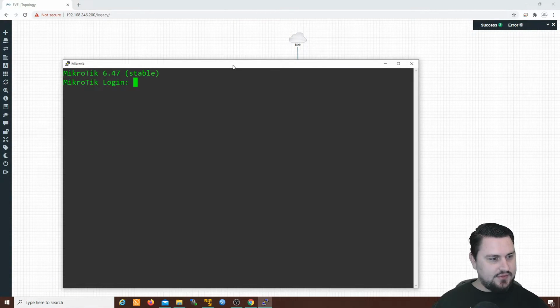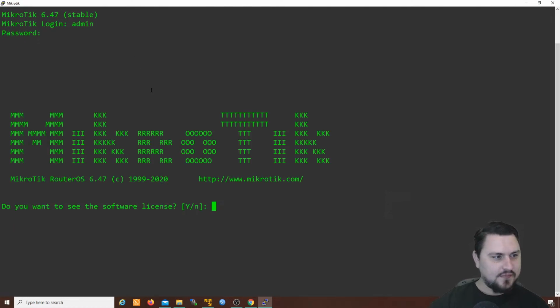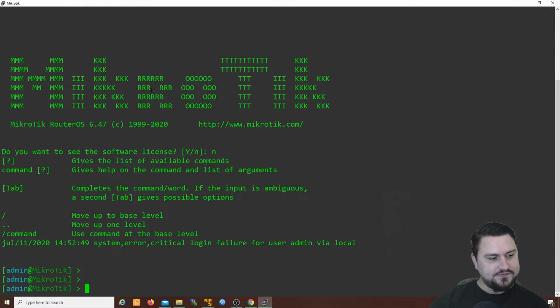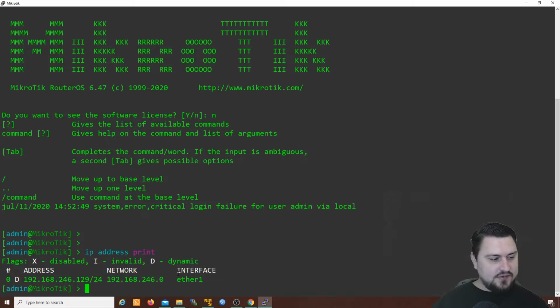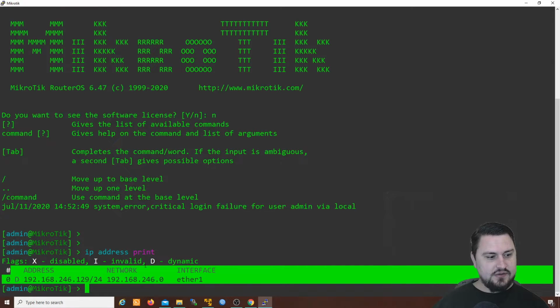So I'm just going to jump onto this MikroTik router now. It's the default login credentials. I might have to type it back in. Yes. And there we go. So I've got a brand new MikroTik router on here. So let's just quickly see. Is there any IP address? Yes, I'm getting an IP address from DHCP that was assigned, but I just quickly want to see if I